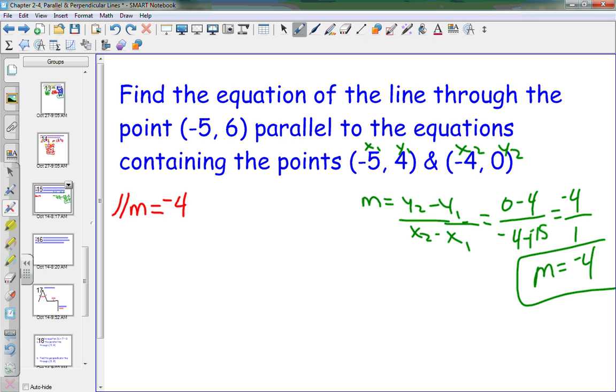It's still -4. What point am I using? Read the directions and make sure you're pulling the appropriate point. I'm using the point -5, 6. Do we all see that? So if I'm using the point -5, 6,